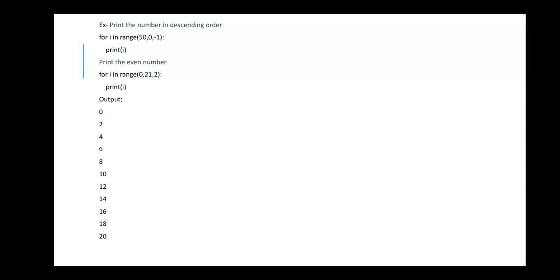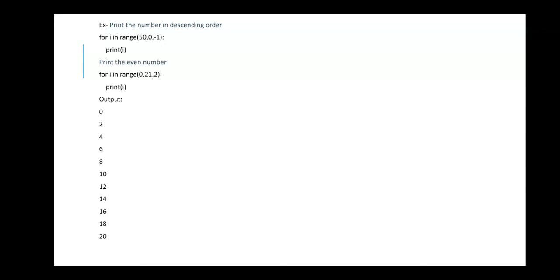If you have to decrease by one, you have to mention -1. If you have to decrease by 5, you have to mention -5, like that. When you execute this program with 5, 0 and -1, it will print the values 5, 4, 3, 2, 1, not 0, because 0 is the final value, you can see. So it will print the sequence 5, 4, 3, 2, 1.